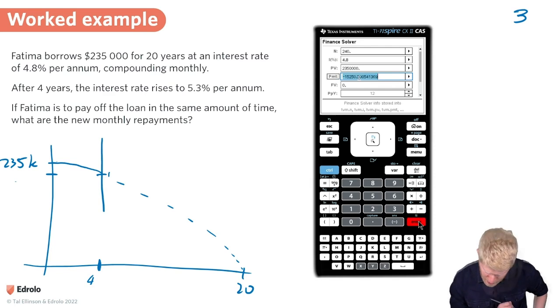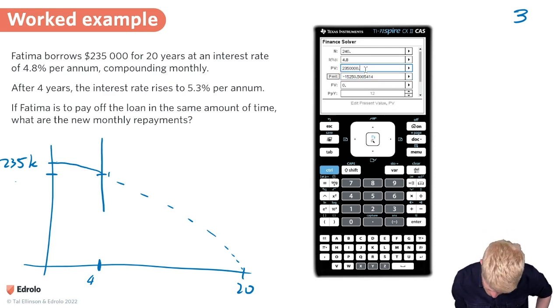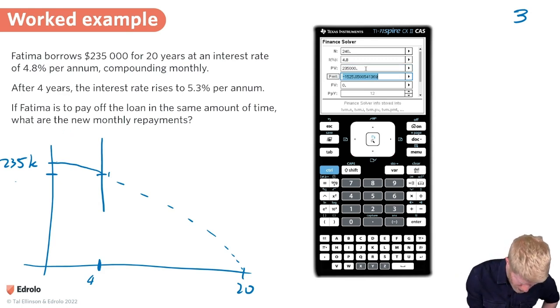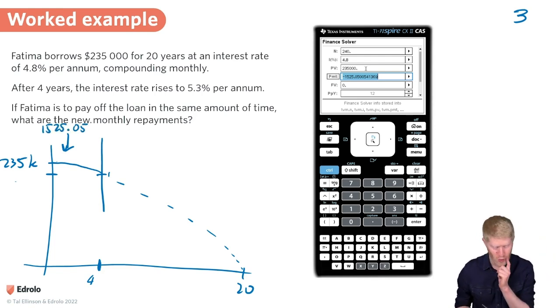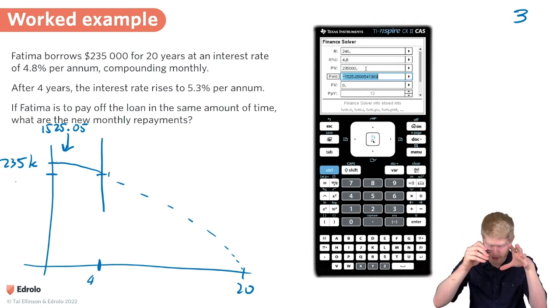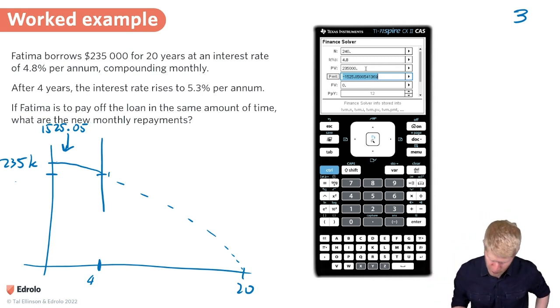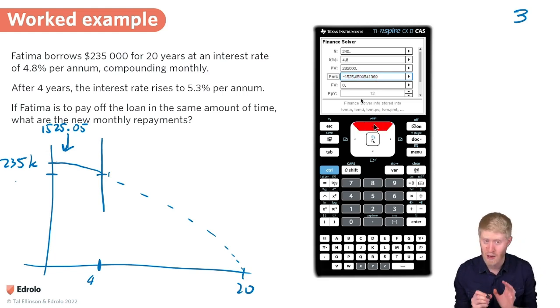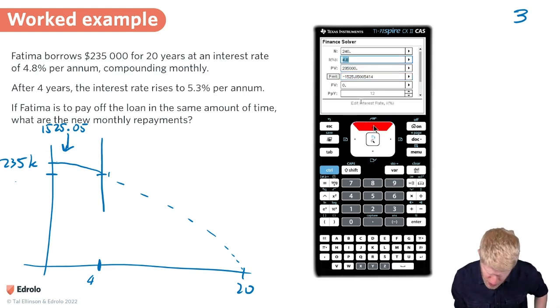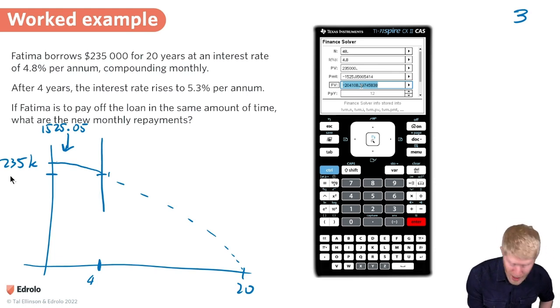Using that, I can calculate the value of the payments that she should be paying. I can see that's too big. I put an extra 0 there. So we go down here. Her payments in this period were $1,525.05. Okay, cool. Now that we know what her payments were in that section, we can use it to find how much she owed at the end of the 4 years. So let's leave the payments there. It's nice because it has all the decimal places. And we're going to change our time period to be 4 years. Using that, we press enter here, and we can see that after 4 years, she owed